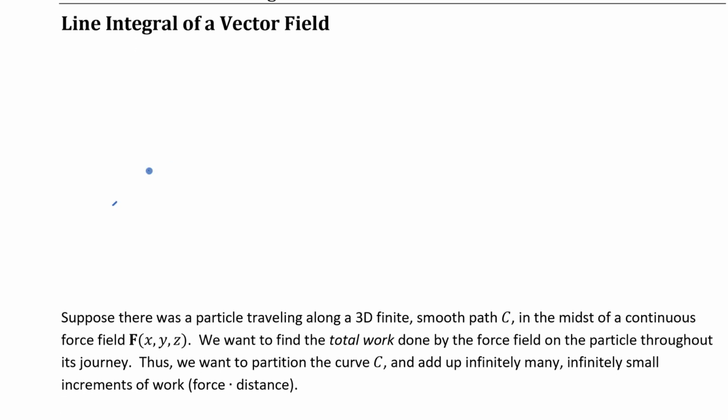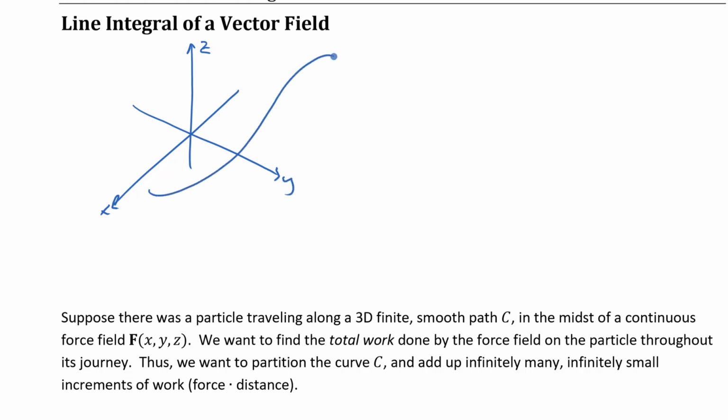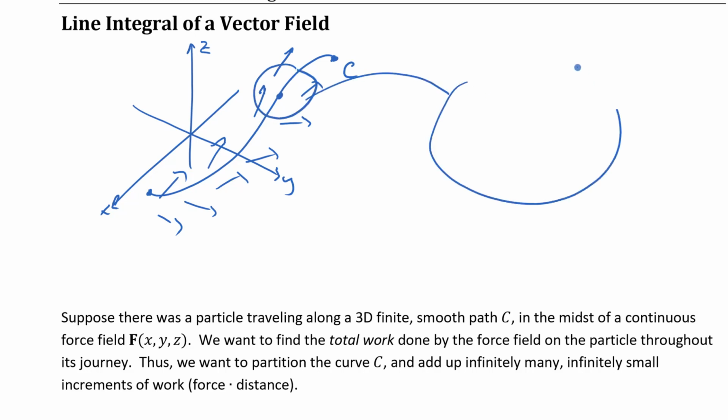Okay, so let me redraw the drawing we had on the previous page, just a rough sketch. We have some path, curve C, and we have some field. Just to make the drawing easier, let me go in the upward direction. Generally, of course, it's not constant, it's not always in the same direction, and there's a bunch of other forces that we're not seeing. The path is surrounded by forces, but the object is moving along this certain path. If we look at a specific point and zoom in on that point,